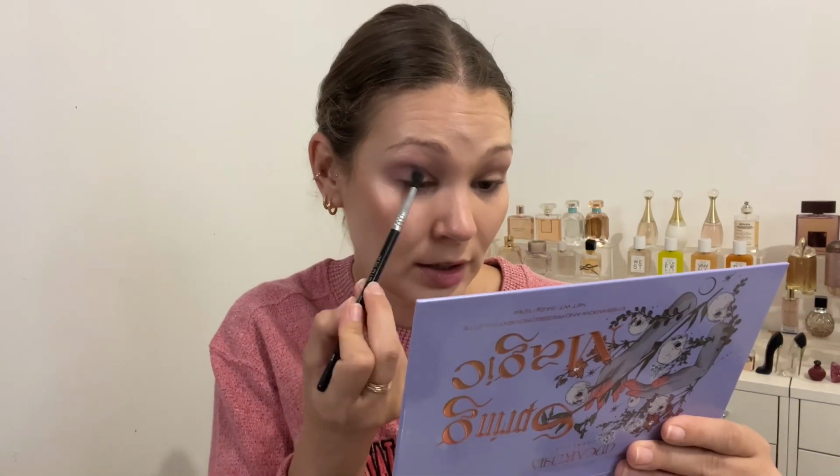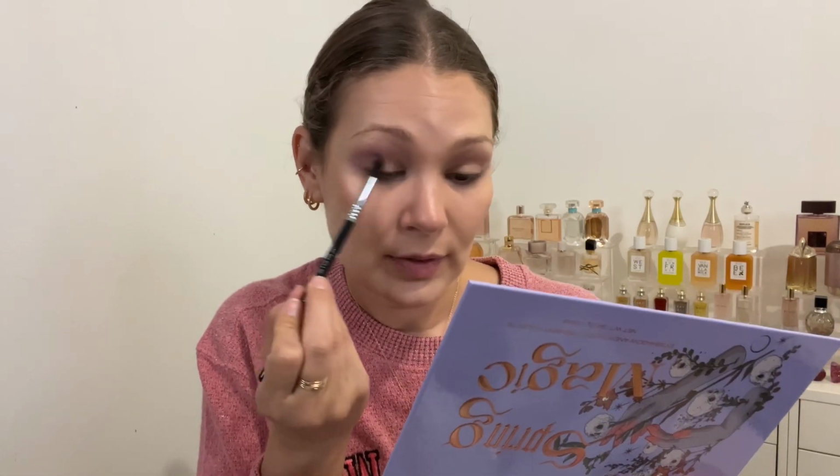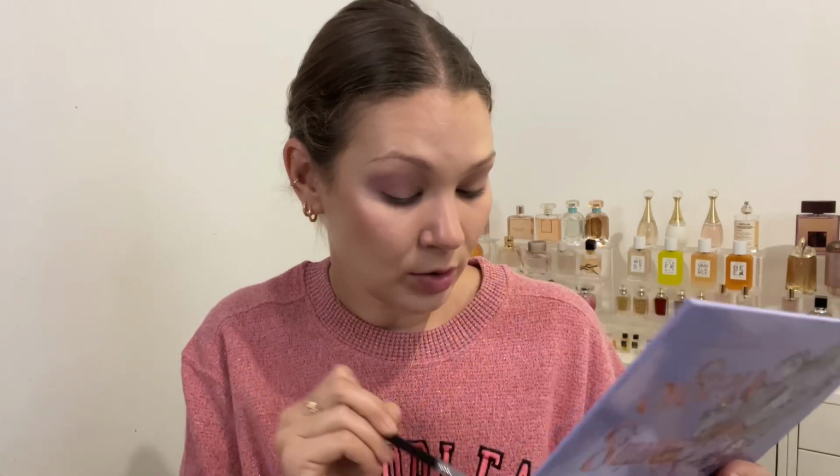I don't want to keep this too neutral here. I'm trying to see what I can do, but it's hard for me to talk and think at the same time. I don't think I'm going to do anything too crazy here. Add some pink in the outer corner here. And then let's see, where does that bring us? So now